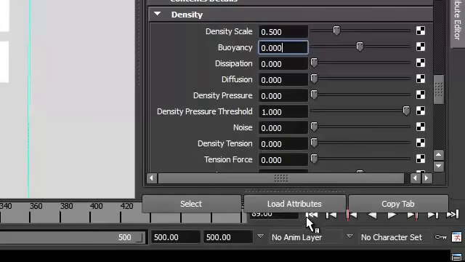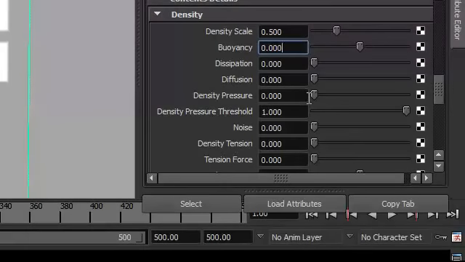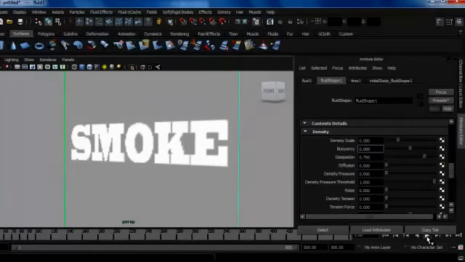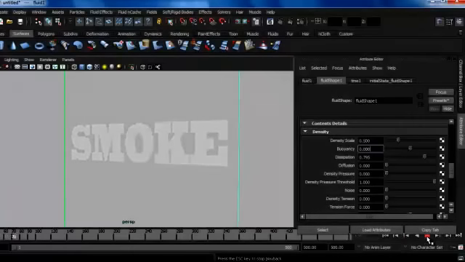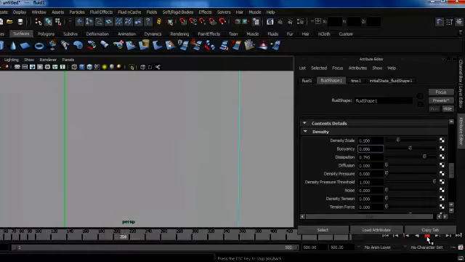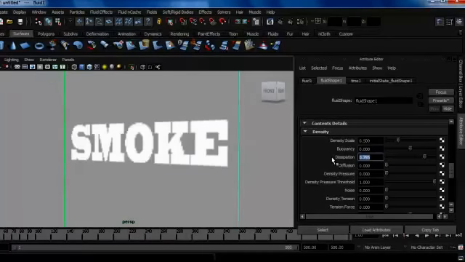Now since there is no change here, if I want the smoke to actually break down, there is a value called dissipation. If I just shoot up this dissipation value, let's see what happens. Slowly my smoke will lose its density and opacity and melt, or rather it will vanish. It's going to lose its density, mix up with the background, and it's gone. Right, so this is a very interesting value here, dissipation. We're going to work with that also.